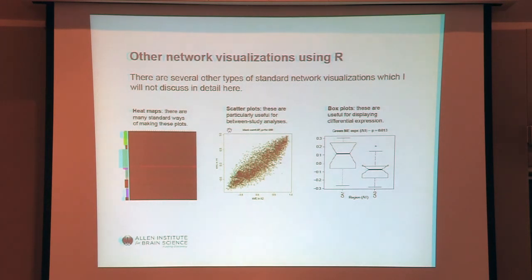Yes? Could you remind us what the R commands are, and what is the p-value above the box plot? So the question is to remind us what the R commands are for these and what the p-values represent above the plots. I believe there's one called heat map to make the heat map and plot mat. Okay. The scatter plot one is the verbose scatter plot function in the WGCNA library, and above the